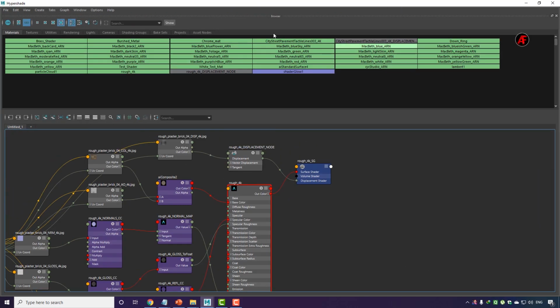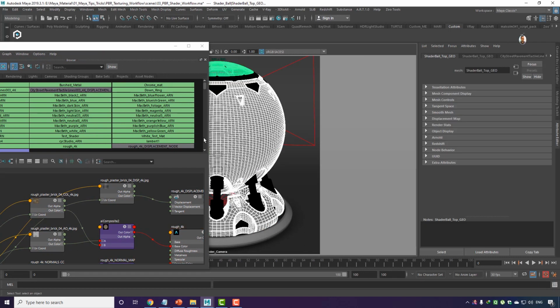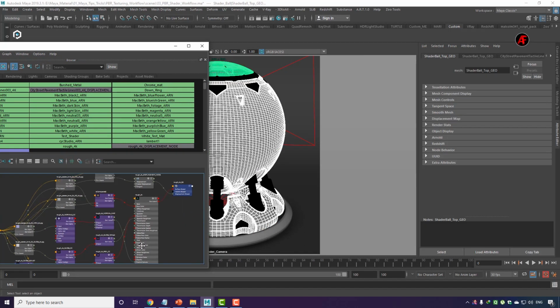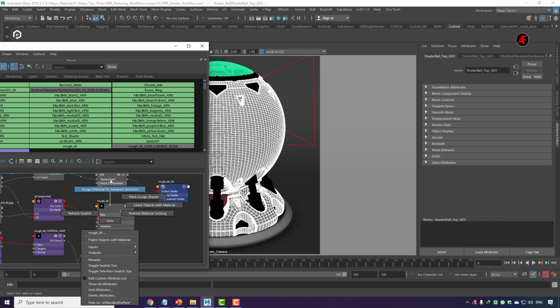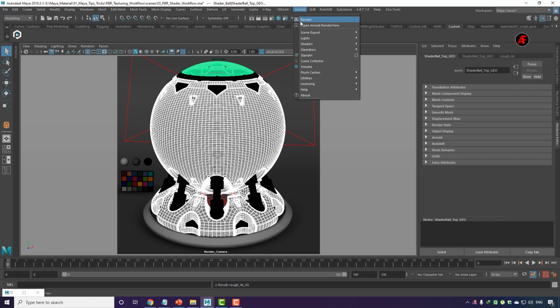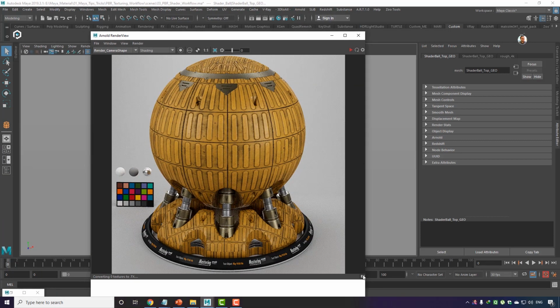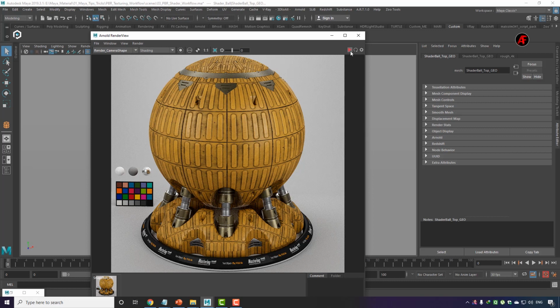Okay, now what we need to do is, again we need to select this, and right click, assign material to viewport selection, and I'm going to open up my last render view. I'll take a snapshot of it, and then again I hit render.